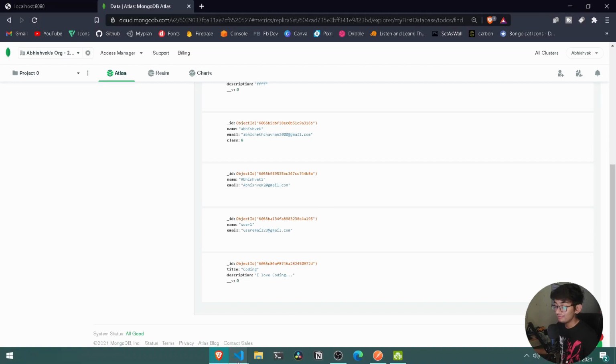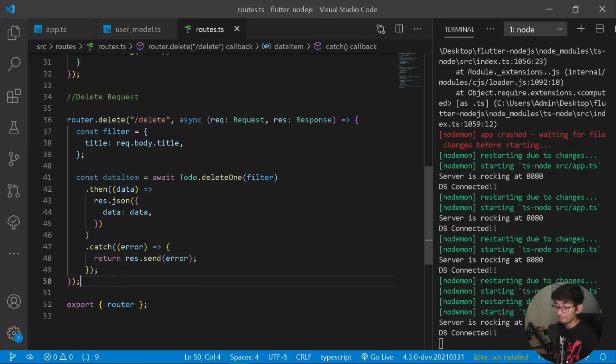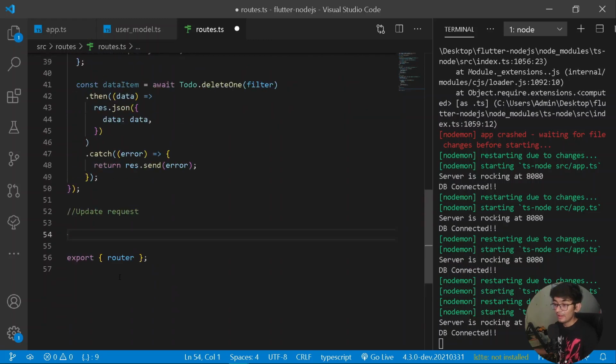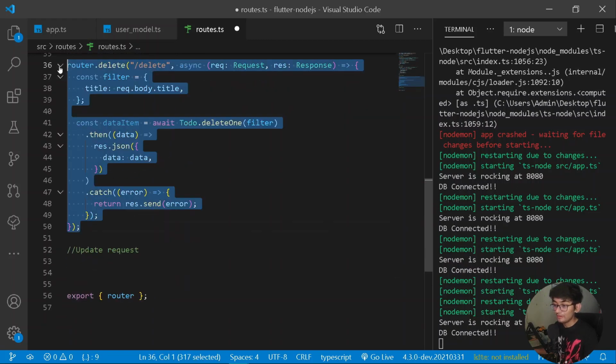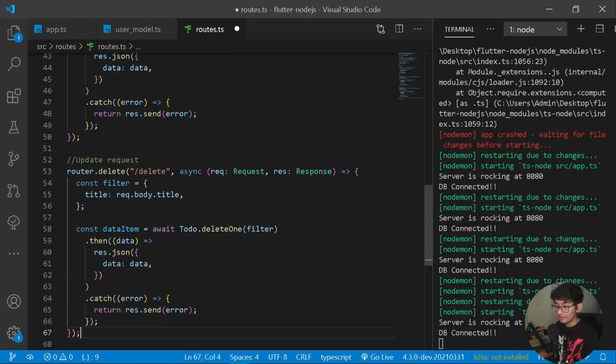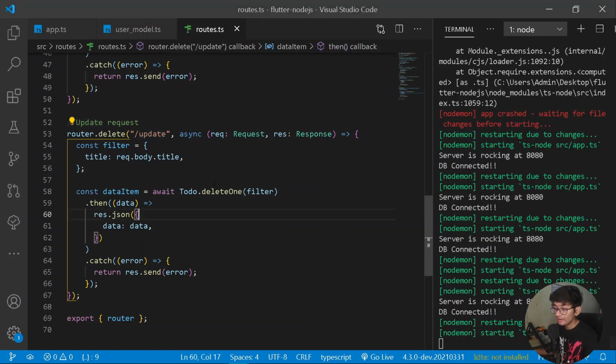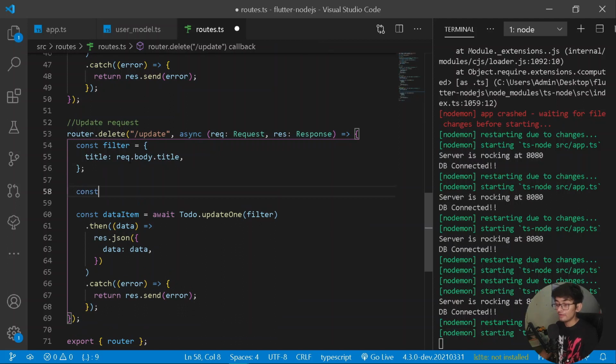Now once this is done, let's also update some data. For that purpose, let's create a new method at the bottom. I can copy the entire method from this side and paste it here. But here let's add a new path of update1. So under the case of update, I can add a property of update1. And along with a filter, it should require a new property of updated data. So here let's have updated data.